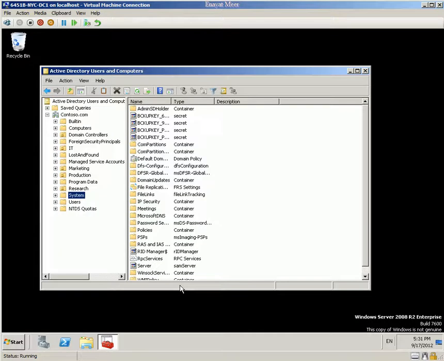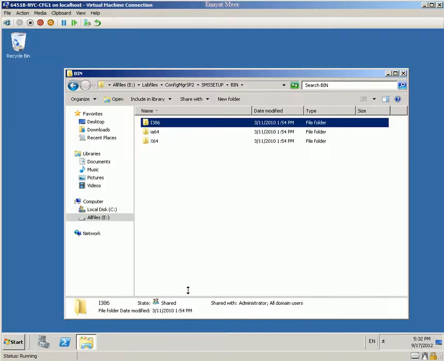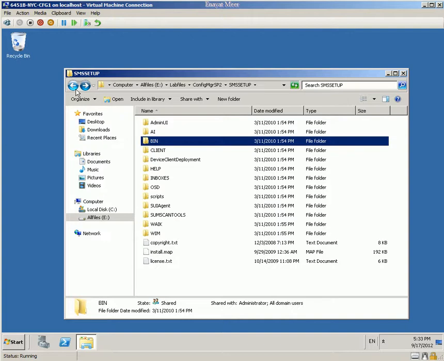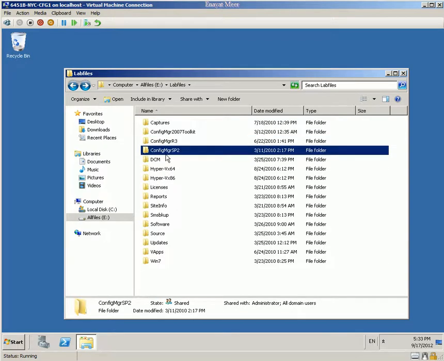So now the second part is that we have met all these prerequisites, and now we are going to install Configuration Manager 2007 Service Pack 2, and then we're going to install this primary site, in other words. So let's move on to that site and leave this AD open, and it will replicate whatever we just have done. I am moving back to my NYC-CFG1, and here we have Configuration Manager Service Pack 2. So this is the main folder and